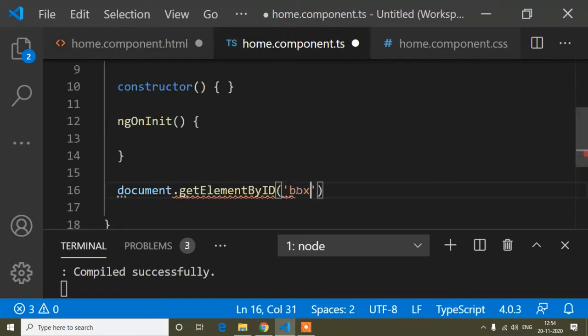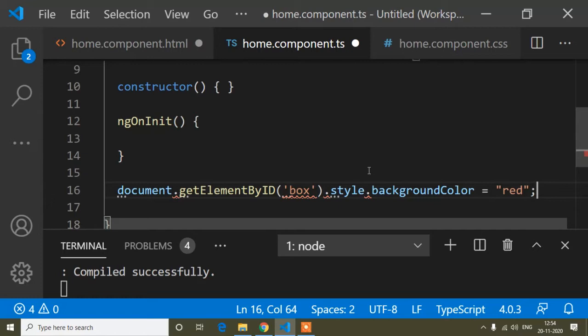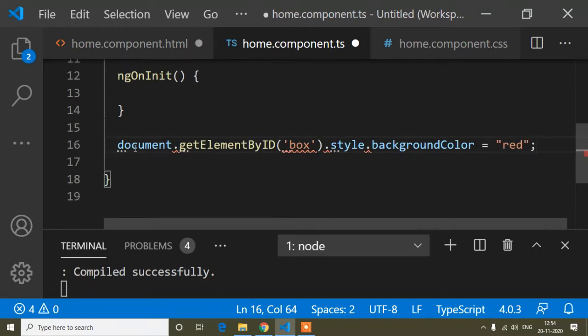We write the ID name, and after that we write style.background. Suppose we want to change the background color, and after that we write the color name, red. But Angular doesn't provide this method. Angular provides us ViewChild to manipulate this. Here you can see it's showing an error. So now I will show how you can do it using Angular.